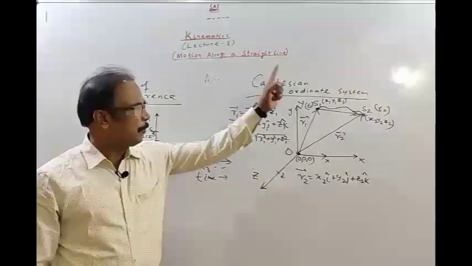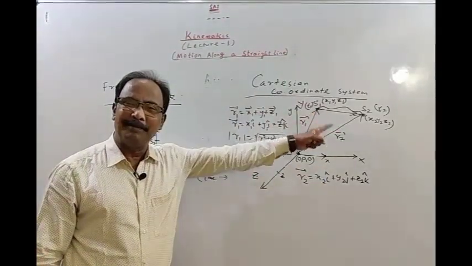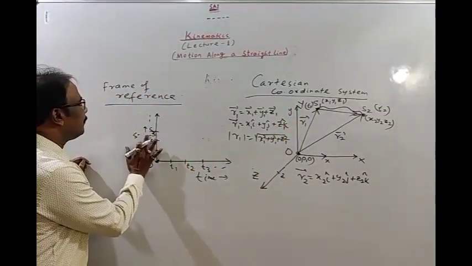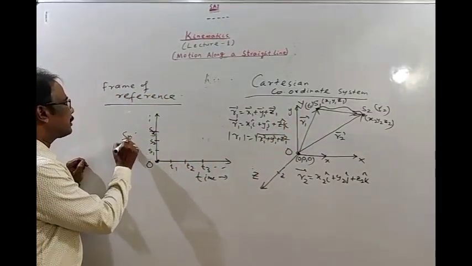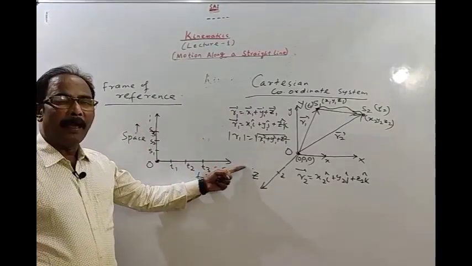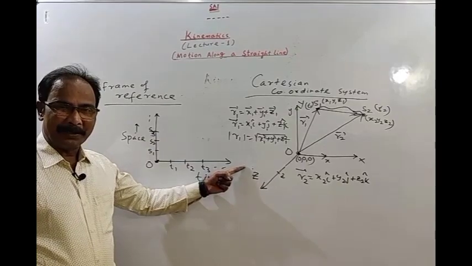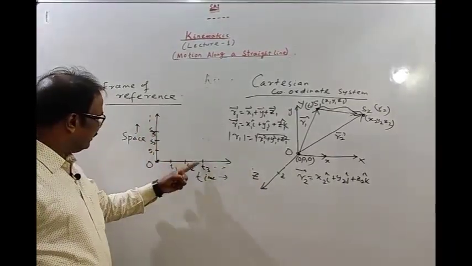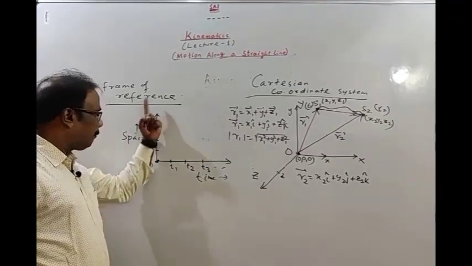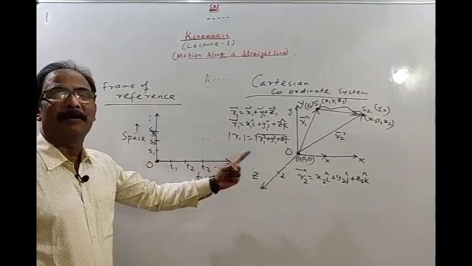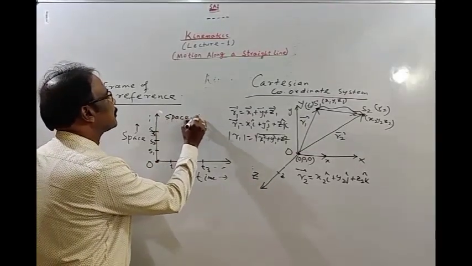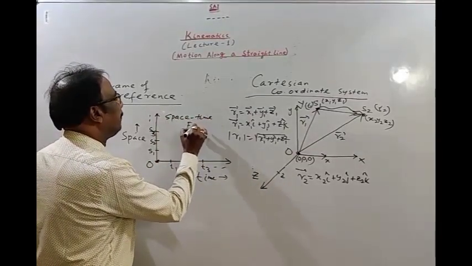The three coordinates X, Y, and Z are represented along the space axis, and time varies along the time axis. Thus, this is the combination of a four coordinate system, three for position, one for time. This is called the space time frame